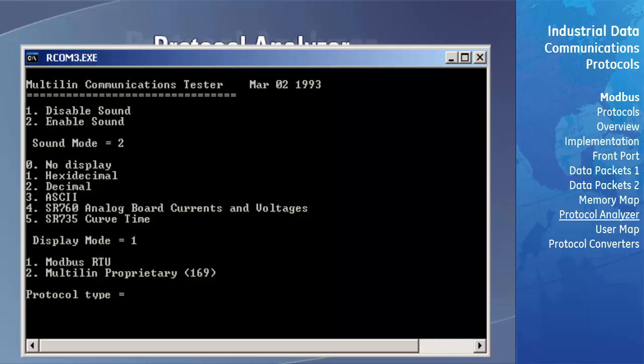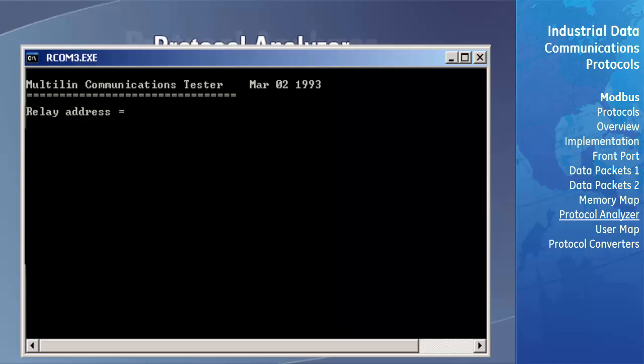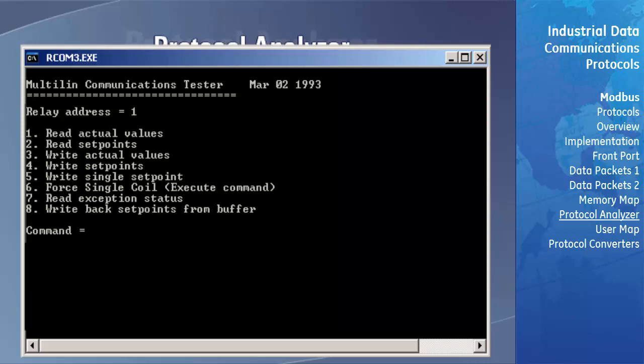For the protocol type, we select 1 for RTU. Since we're using the relay's front serial port, which uses the point-to-point Modbus RTU protocol, the slave address doesn't really matter. We will select 1. The starting address is where we enter the starting memory address of the slave memory area we want the software